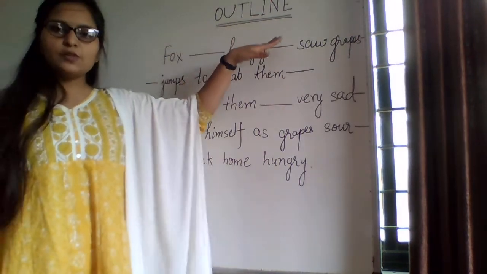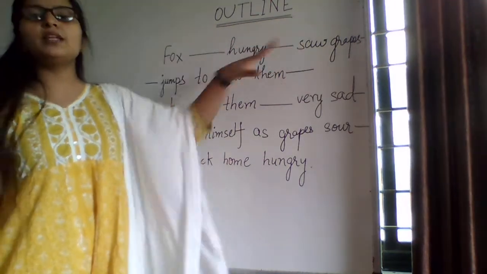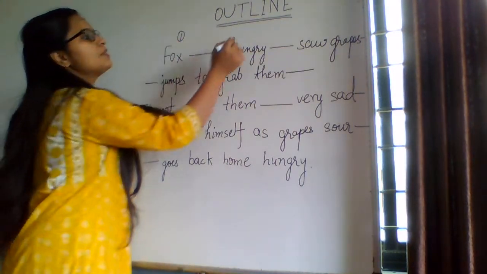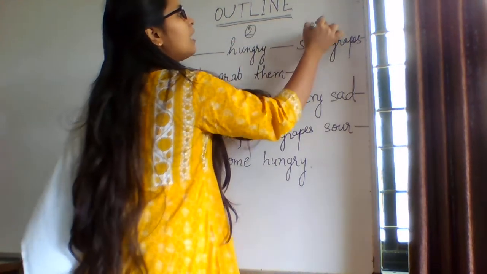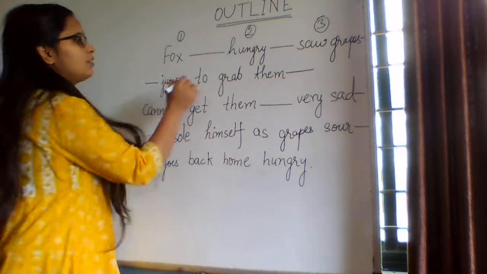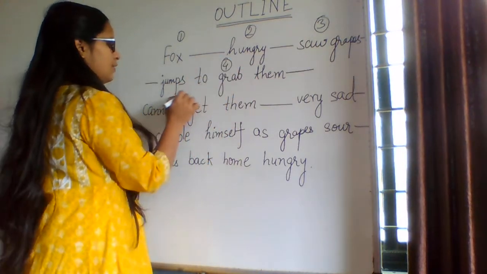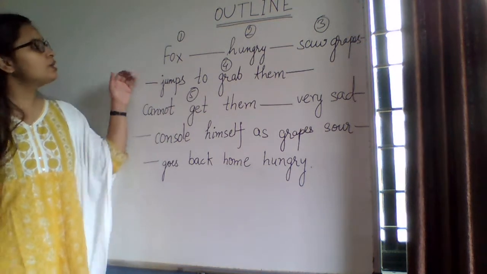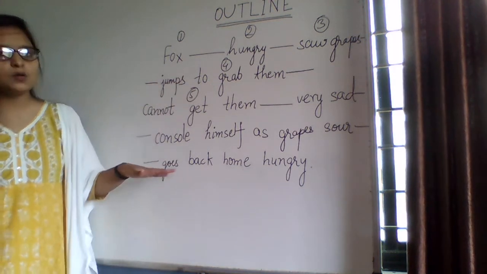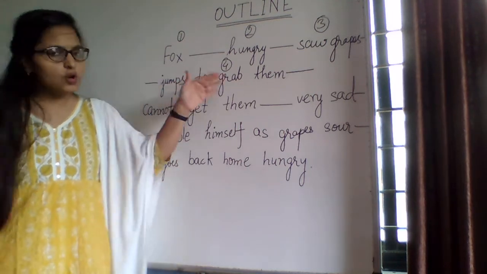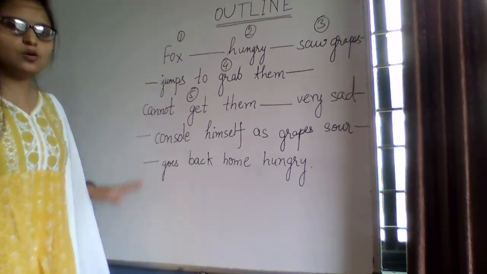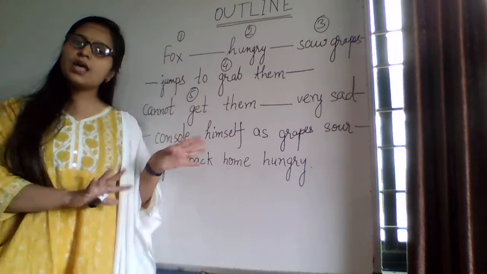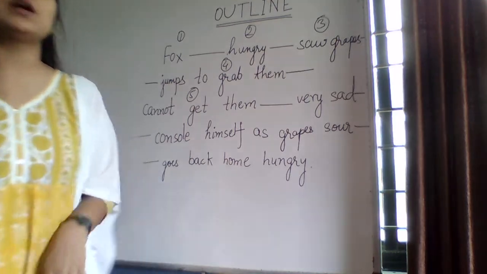And this is the outline of the story. That means the story has been given in parts, in which this is the first thing that comes, this is the second thing, this is the third. Like this, every part is coming. This is fourth, this is fifth. So similarly, this is a sequence of the whole story. Whenever this sequence has to be followed, this outline will be given, you will follow the sequence like this, then you will write the whole story with your own words. You can use these. So this is how you decode one outline into a story.